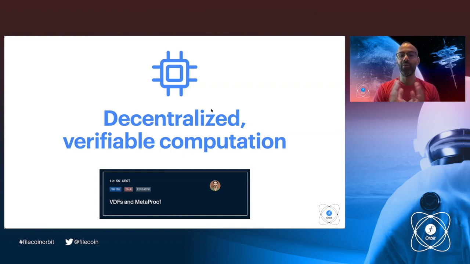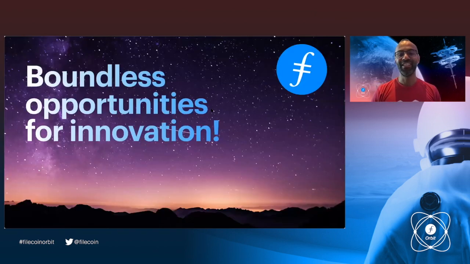Imagine being able to define a computation to be applied on data, incentivizing its execution all the way to the end, and being able to certify that the result and the output is verifiably correct. And link all of that with the concepts that I just mentioned earlier about the Dataverse, about tokenization of datasets, and suddenly you're in a whirlwind of computation that is pushed to the edges, that is pushed to the providers that have that data, with an incentivization circuit and a provability circuit with which you can verify that the results are correct. So really, there are boundless opportunities for innovation that layer 1 programmability is going to unleash